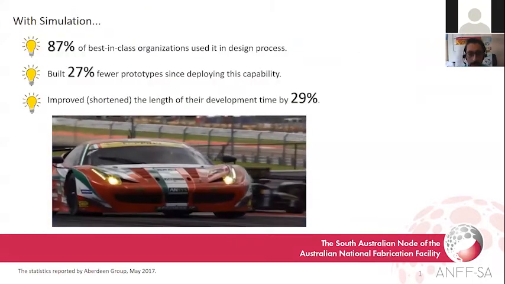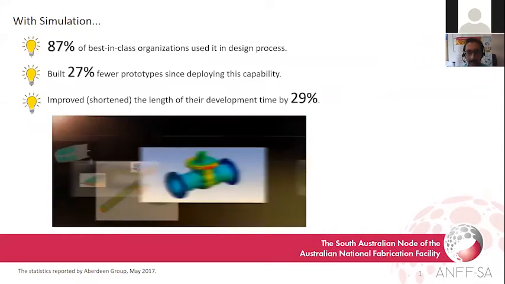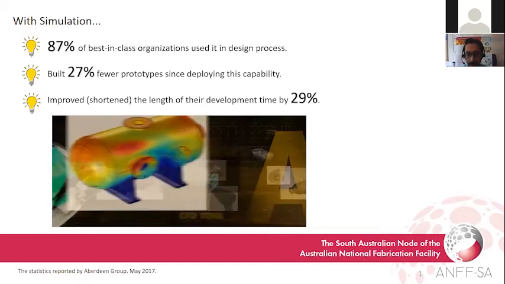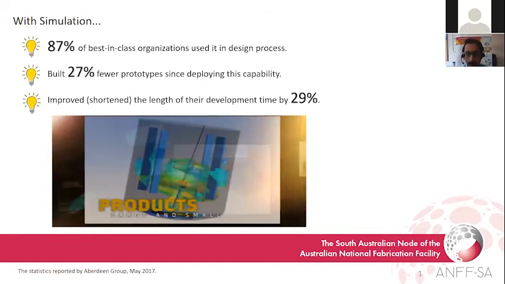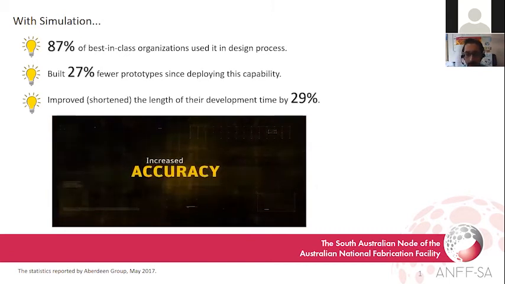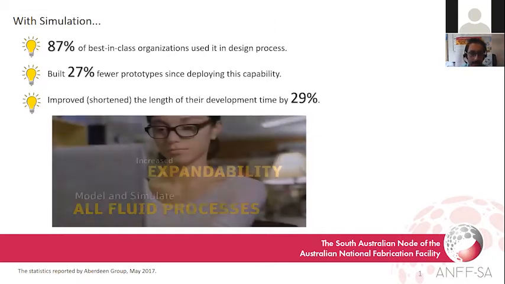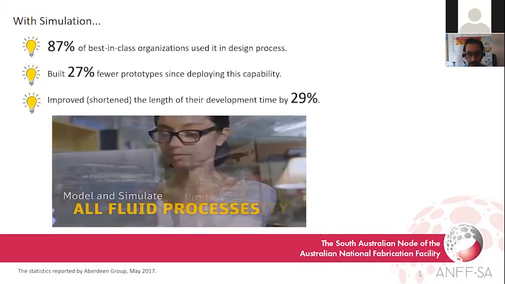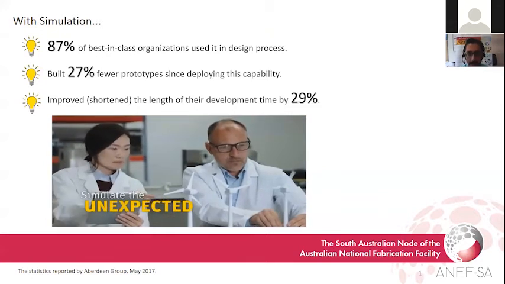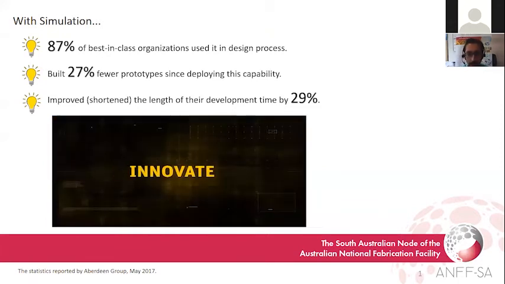So I would like to start with some statistics. These statistics were published by Aberdeen Group in the UK, which monitors the performance of design and engineering organizations worldwide. It's been reported that 87% of best-in-class organizations use simulation in their process. As examples of best-in-class organizations, I can mention big names like BMW, Ford, and Audi in the automotive